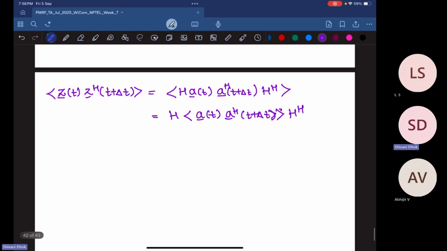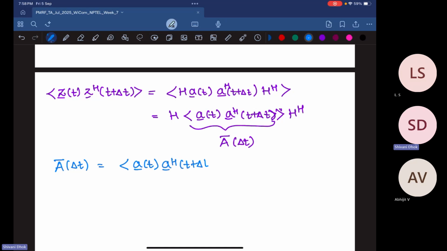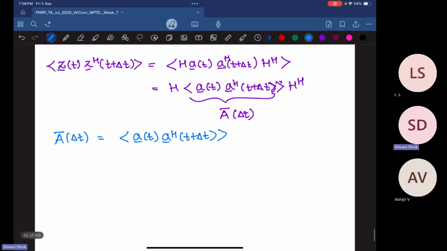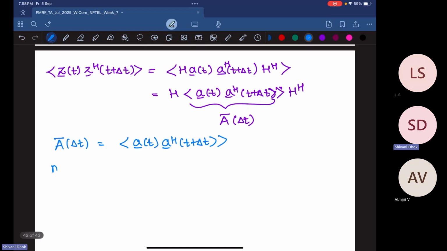So now let us look at this matrix. I'll just name this matrix A bar of delta t. So this A bar of delta t is essentially the time average of A of t into A Hermitian of t plus delta t. And if I look at its m comma nth entry,